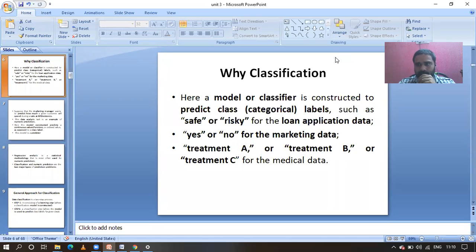Okay, for suppose I have the different people data related to whether buying a computer. That is the problem I have given yesterday. Okay, after that, by using that one, I have constructed the decision tree. That's fine. Okay, by using the decision tree, what we can do, guys? Okay, for suppose any new person coming into the shop. Okay, by seeing his age and credit card rating, all this information, I am going to predict whether he is going to buy a computer or not. I am going to predict that.